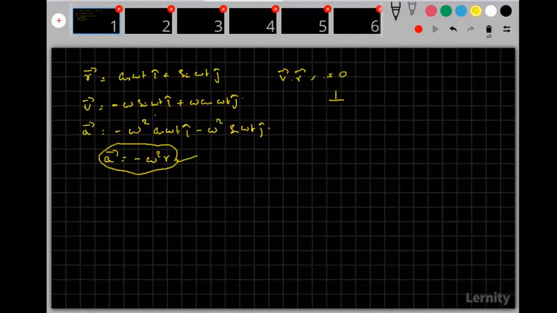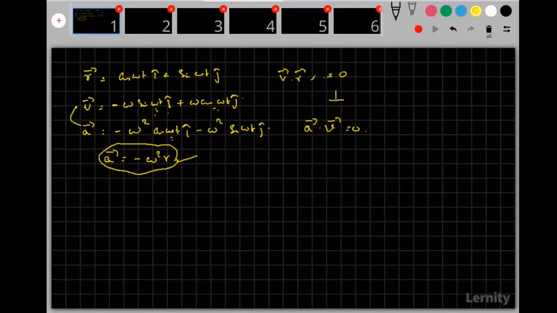So if you take a dot product here, this will become sine omega t cos omega t. This is also sine omega t cos omega t. So v dot r is equal to 0. a dot v is also equal to 0. So v and a are both perpendicular to r. True. V vector and a vector both are parallel? So these two are not parallel. So that's it.